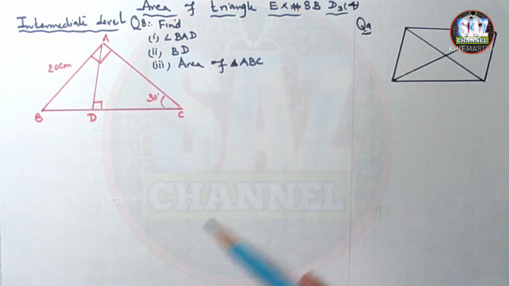This is my fourth lesson of D3 chapter number 8, exercise 8B, about the area of a right triangle and oblique triangle. In this lesson, students, we will be learning how to find the area of a right triangle and oblique triangle, and how to apply Pythagoras theorem and basic trigonometric ratios for finding the lengths and angles of the right triangle. So integration of this lesson with the previous lesson is really important.